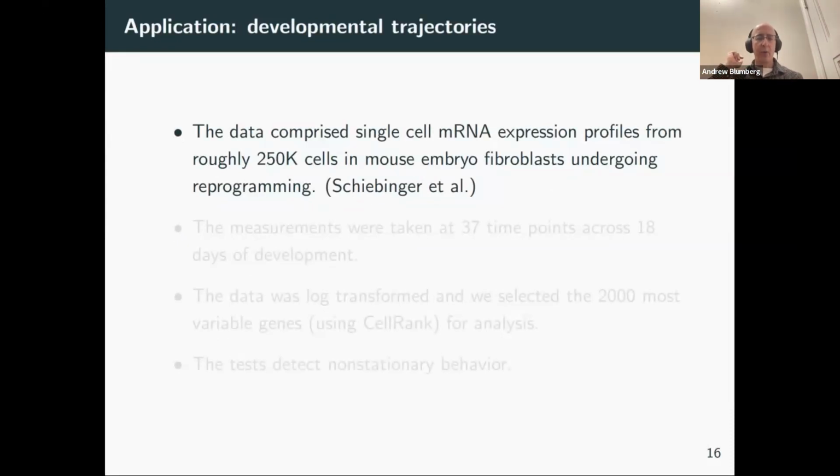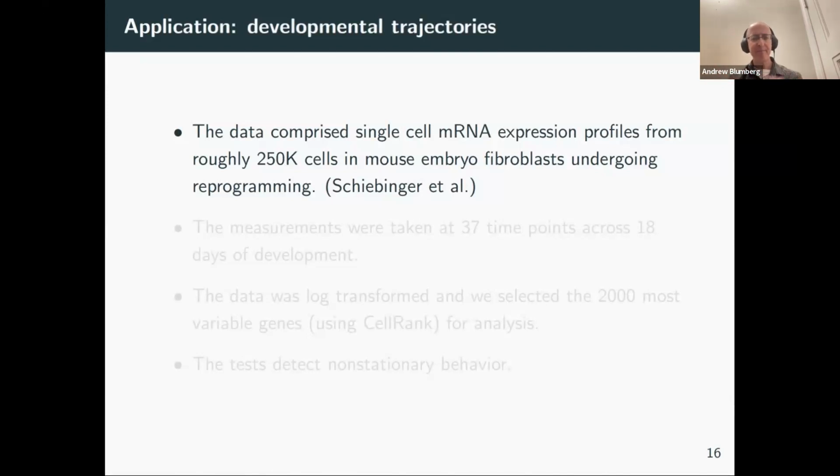So this is based on a paper by Schiebinger on something called Waddington OT, which looks at developmental trajectories. It's a cool paper that looks at developmental trajectories using optimal transport to do alignment in time. Now, alignment in time is hard, just as an aside, because when you measure the cells, you kill the cell. And so it's not like you can track a cell through time. You have to sort of align them by looking at their position in genome space, as well as possibly in